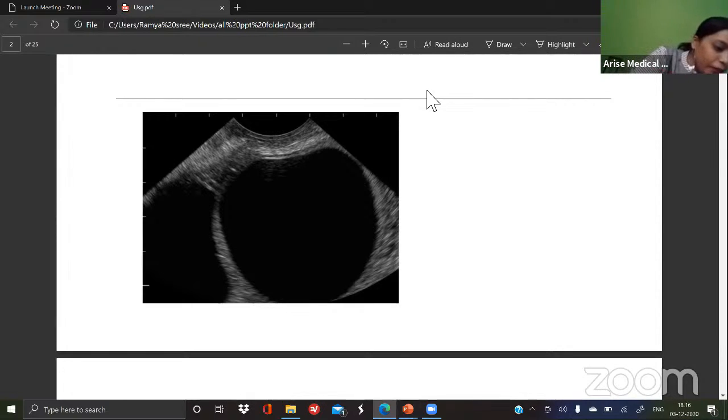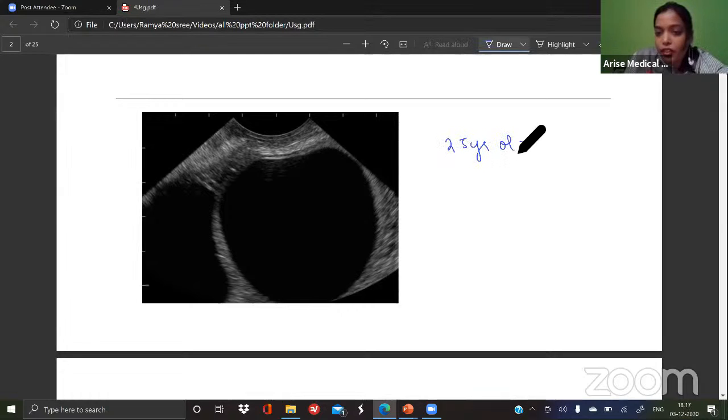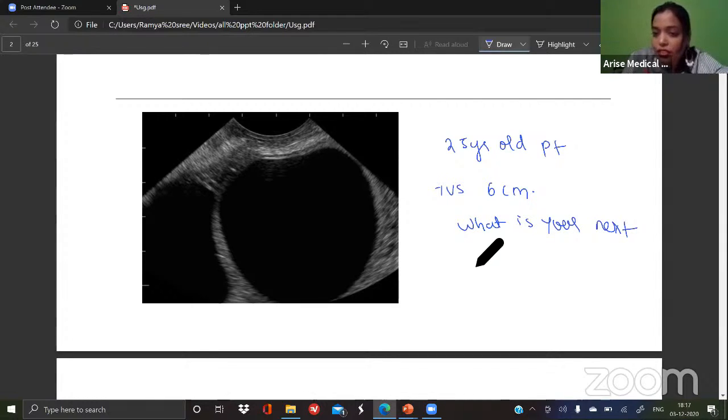Can you speak about this ovarian cyst? Most of the time, whenever you get any image, don't answer just on the basis of the image. My request to you is read the question and answer accordingly. Now, for this question, I'll give you some points. This is a 25-year-old patient who has undergone a TVS scan. On TVS scan, she is finding a cyst like this, which is 6 centimeters. What should be your next step? That is my question. Options for this question are